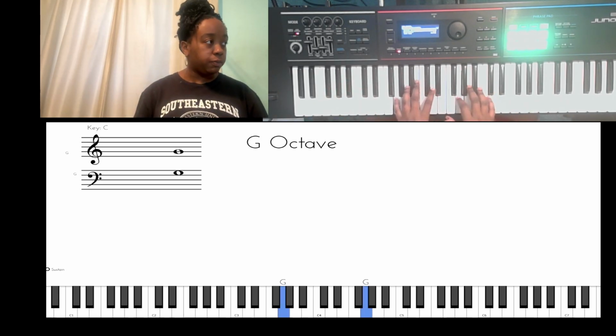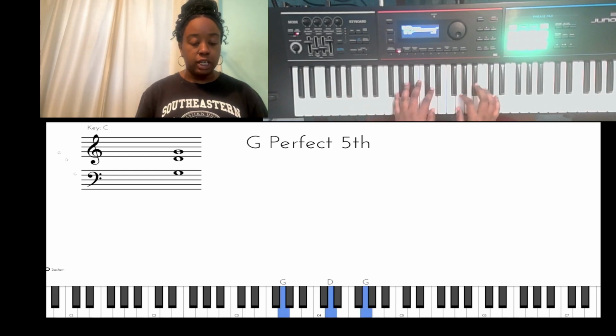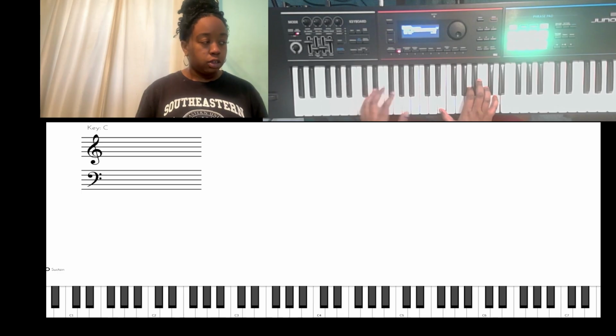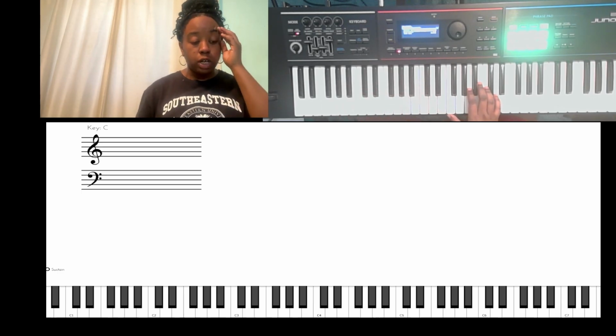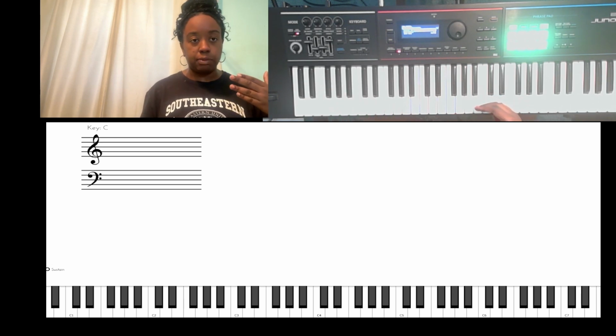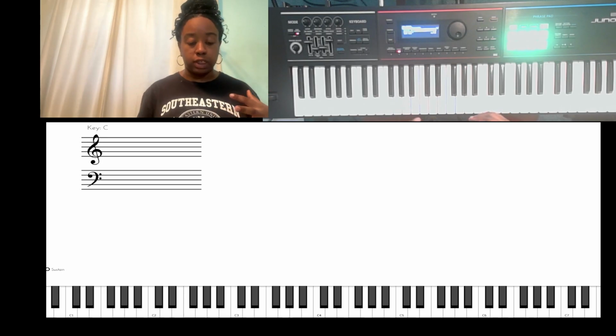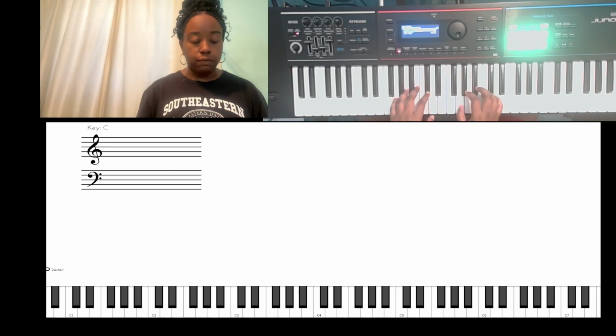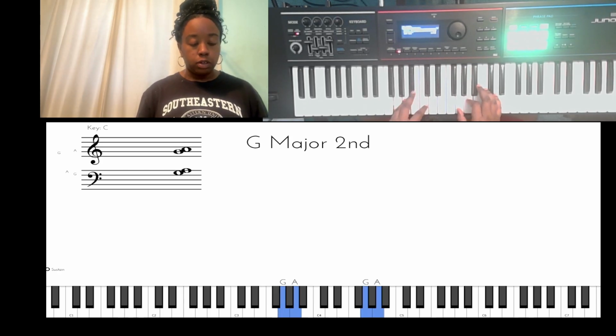You'll hear them reference this as the 1, or whatever key you're beginning in. So in the past videos, I've been mentioning half steps and whole steps. We're going to take that concept and move forward with that. To highlight our major second, from G to A, which is next door,